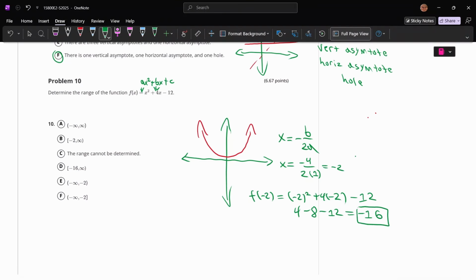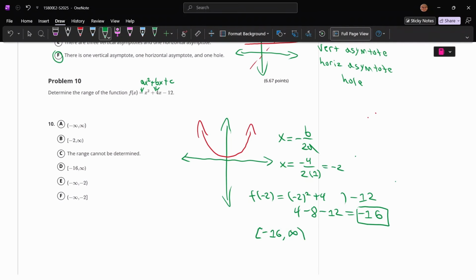Now, since we're dealing with a parabola, the vertex is going to be inclusive, because we know for a fact that this is defined when x is equal to negative 2. We know that it is in fact defined at negative 16. If it wasn't defined, then we wouldn't include it. The reason that's important is that square brackets mean you include the boundary, whereas parentheses mean you exclude it. In this case, we're going to include it. So the range is going to end up being